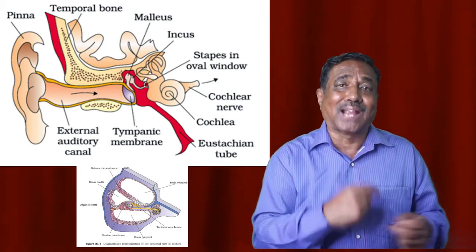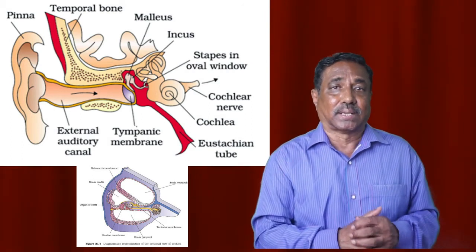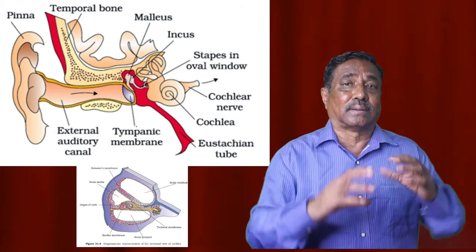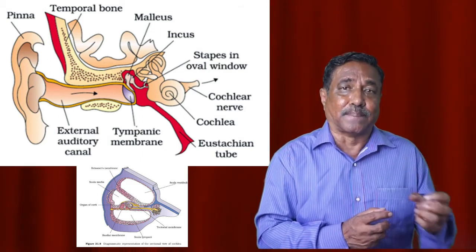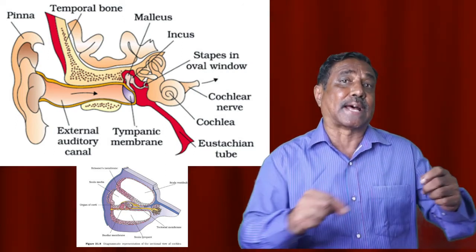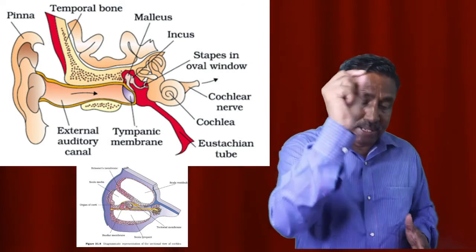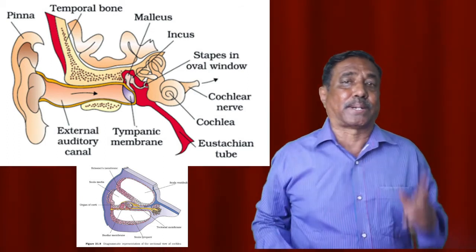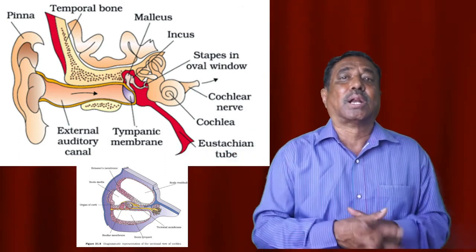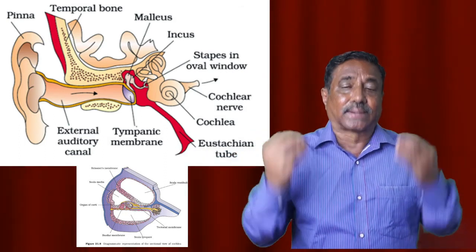snail-like structure, a coiled structure of the labyrinth is called cochlea, and this cochlea encloses various kinds of lymph and a ripple is produced in the lymph that will be passed on to the basilar membrane. From the basilar membrane, tectorial membrane to the auditory nerve to the brain. Thus we are able to listen. So this is about the working mechanism of the ear, and the different parts of the ear and all those things are very important.